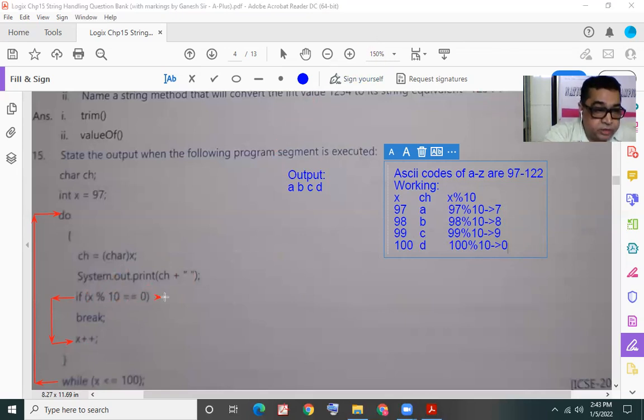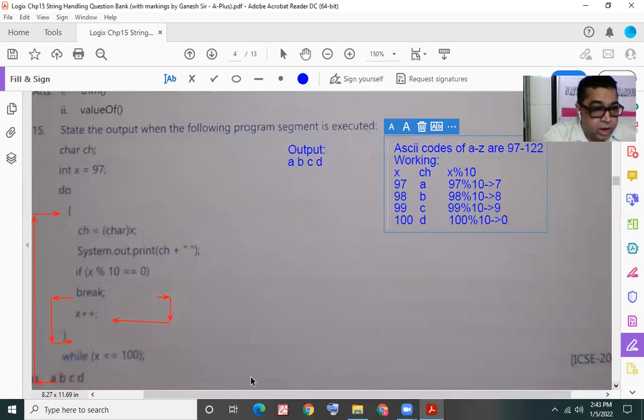The break statement is executed this time. The break statement will take us out of the loop. So we actually come out of the loop. Our program ends there, our code ends.